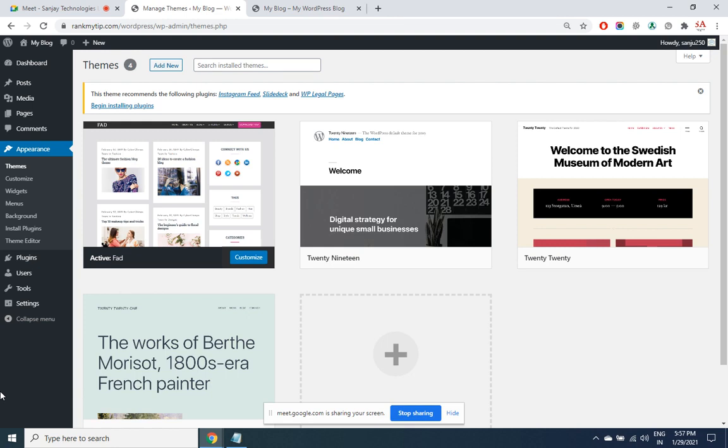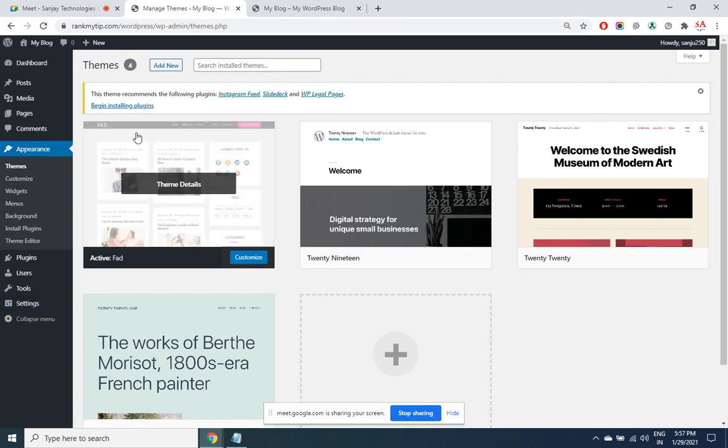Working with WordPress is much simpler than Blogger. In Blogger, we had to put everything in the code. Here there is no need to touch the code at all. From an SEO perspective, yes, we have to do it. When I come to SEO, I'll tell you where you have to make the changes in the code. But at least from a design point of view, you don't have to go there.